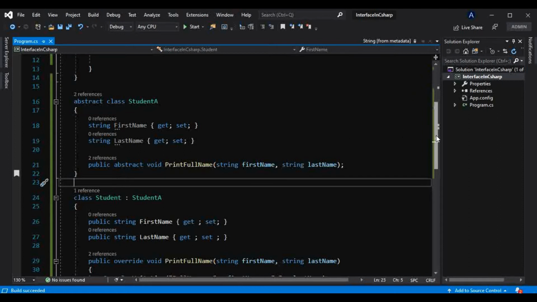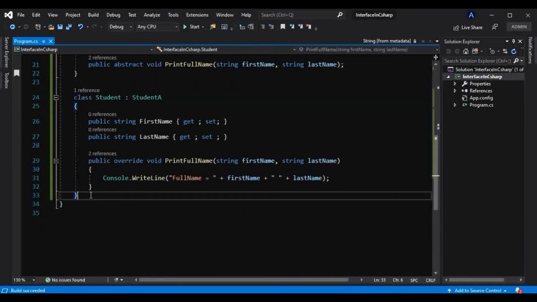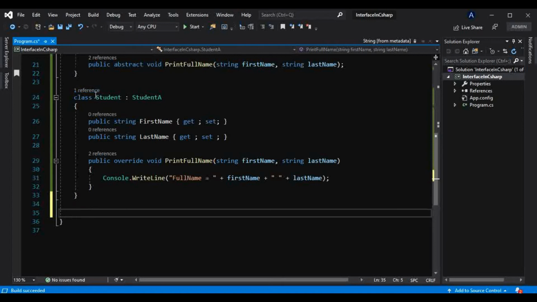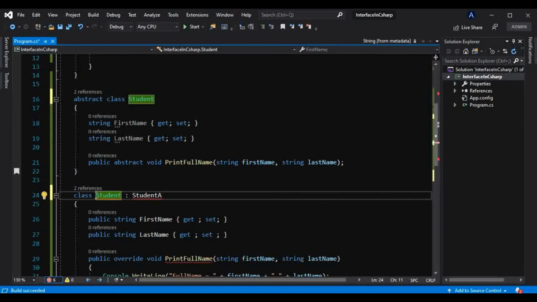Okay, so let's just consider we have another class here. Let's consider this as student only, and we'll make this a medical student maybe.